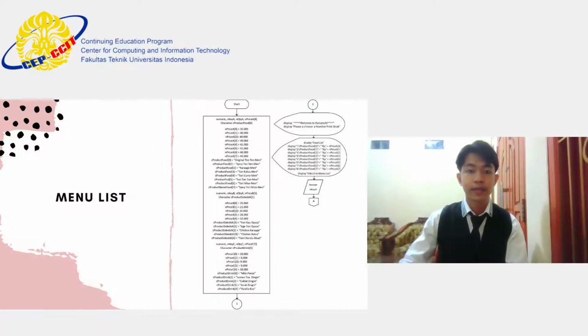Okay, the menu list first is the start, and then the process is numeric NKA, NKTA, and price A array 8, and then character C product food 8 array, and then consists the price, and then the C product food variant price, and then